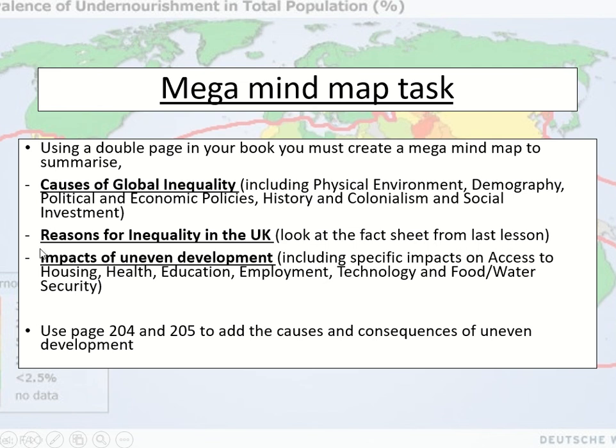And this one is the different one. This one I haven't talked to you about at all. You need to also cover impacts of uneven development. So what are the specific impacts on access to housing, health, education, employment, technology, food and water security? I want you to cover every single one of these as a little subheading within your mind map, please. So impacts of uneven development, really focus on this because the other 2 I've talked to you